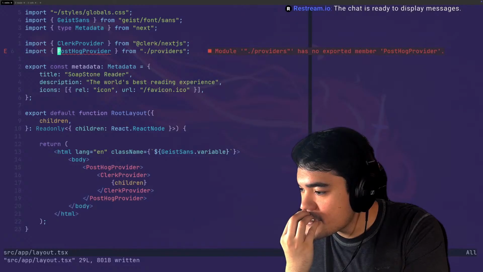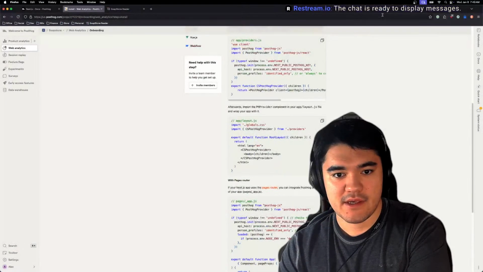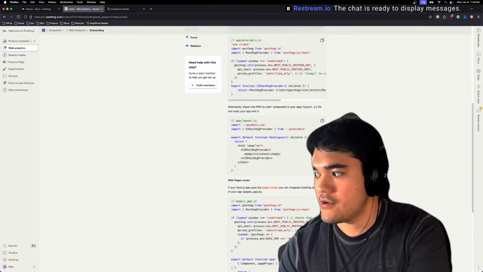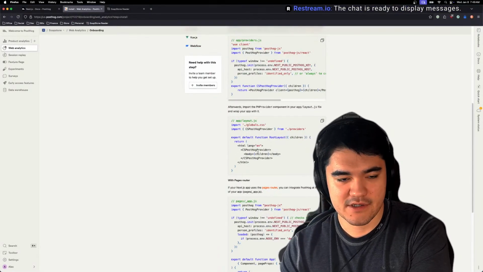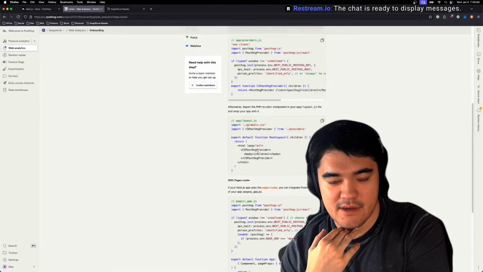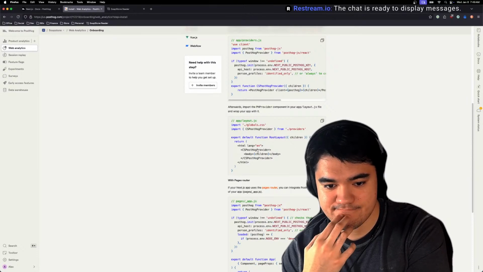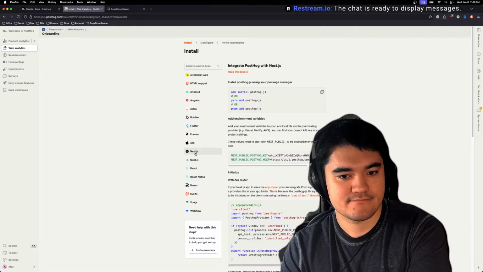Yeah, it's weird. I think I can pop this open. But yeah, the PostHog example code here is also different from their learn doc, which is kind of annoying.